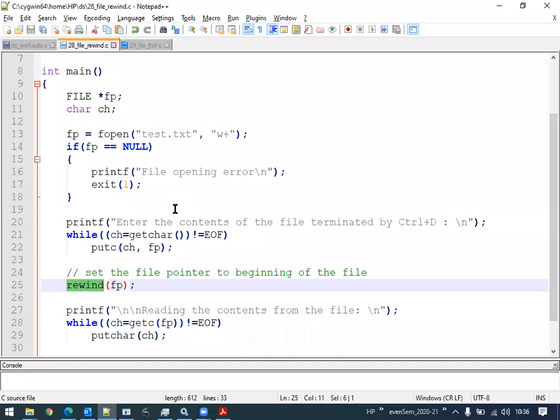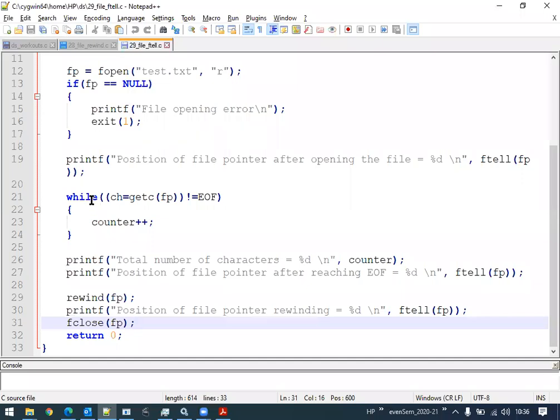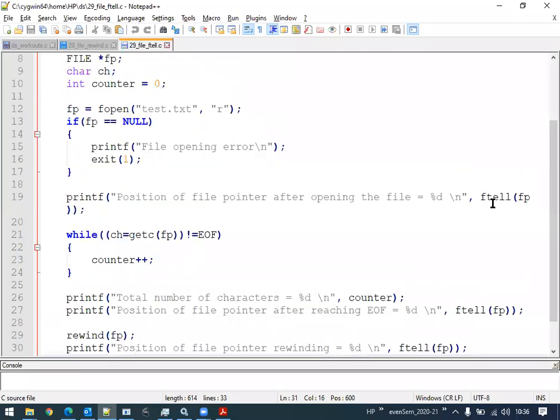Rewind will reposition the file pointer to its first position in the file, that is the 0th location. The ftell function tells us the current position of the file pointer at that instance.